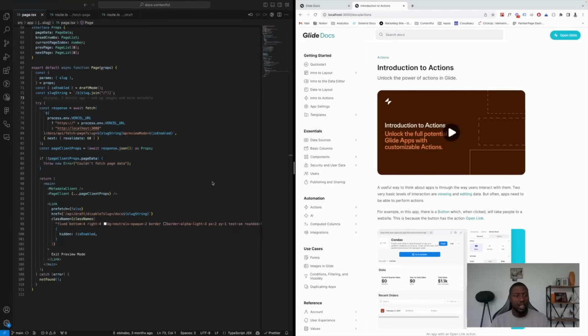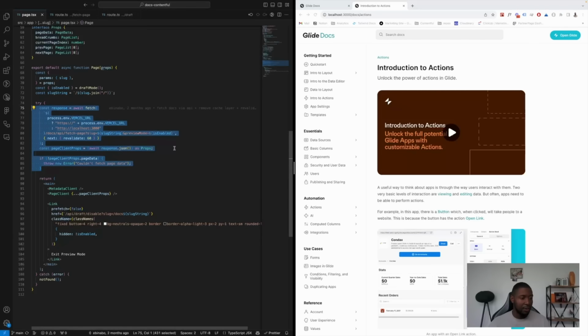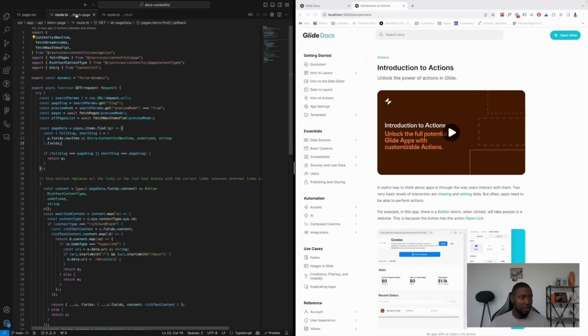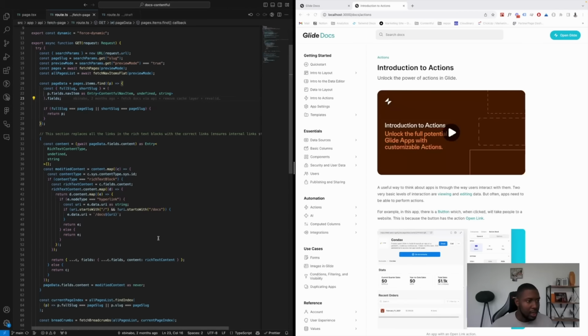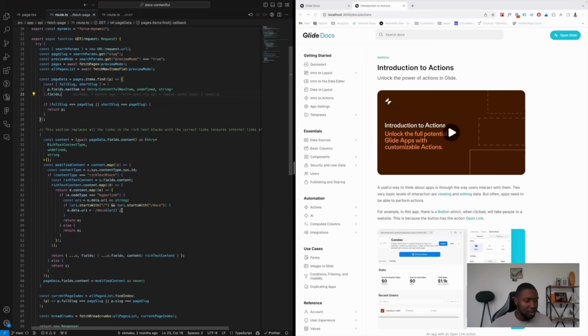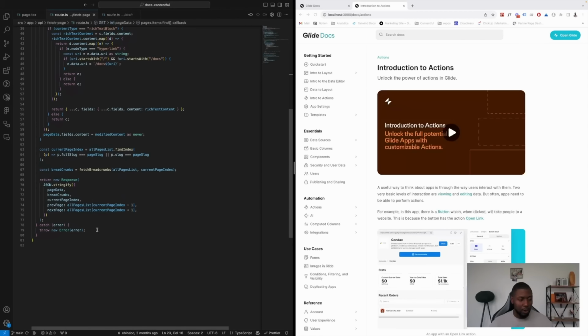All right, so our next favorite thing is how we fetch data into pages. And we're using a server component here, which is a new feature by the React team that Next.js has implemented in the app router, just in case you weren't aware of that. And in this top level page, we see that we're using a try catch, and then we fetch the data from an internal API page, which is this one. And then that data, we massage the data into what we want to have, and then we pass it back to the client.